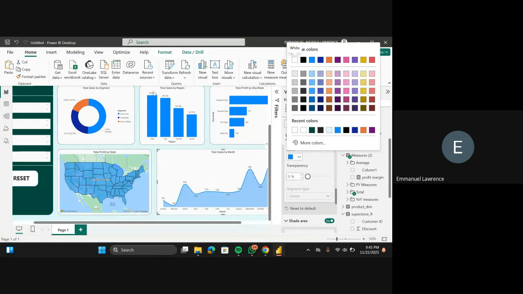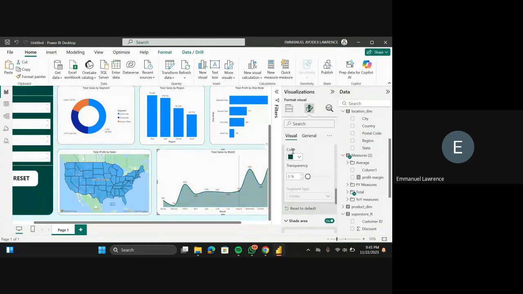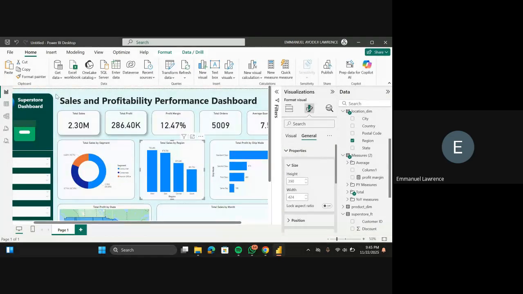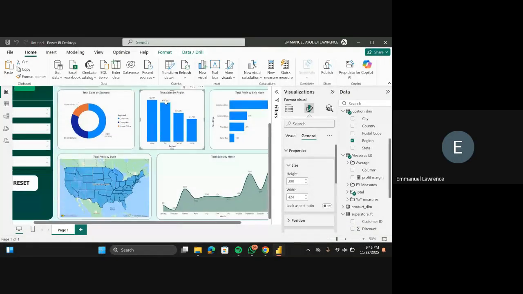So the color I'm going to be using for my visuals must be the same color as my sidebar. Your dashboard should not have a lot of colors. Some people put a lot. You can see like 6 different colors in some people's dashboards. It's not supposed to be like that. It should just be 3 colors at most. Can you see mine? To make it so simple, I'm only having 3 colors: the background, the sidebar, and this visual itself, and these KPIs. Those are the 3 colors I'm going to be having.